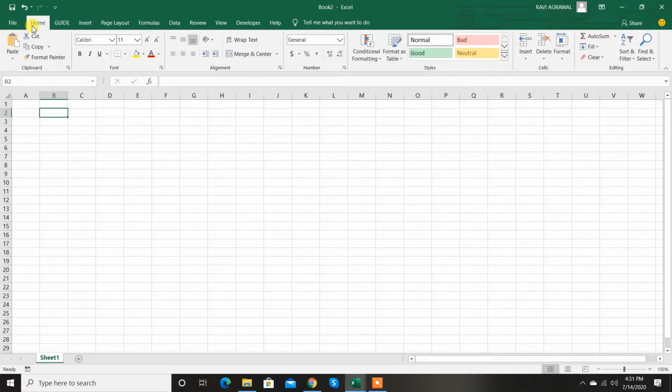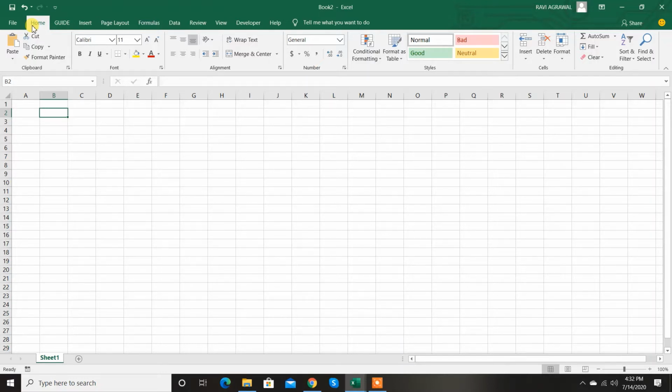Well, today we'll talk about the ribbon. As we know, Microsoft Excel is Microsoft's spreadsheet application. Excel enables users to perform a wide variety of functions, including calculation, graphics tools, pivot tables, and macro programming languages. You can create charts and graphs that help you visualize and analyze the data. It has become one of the most popular tools in business today. So it's a good idea for you to know at least the basics of this.